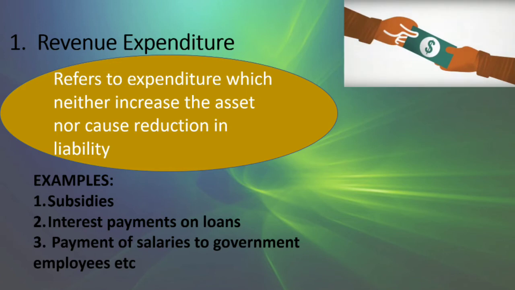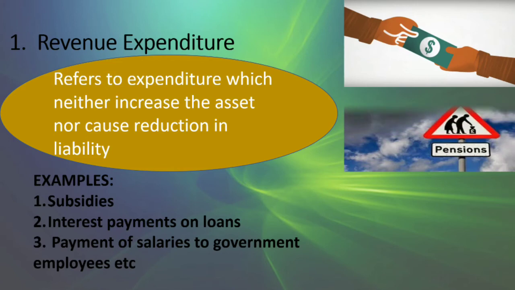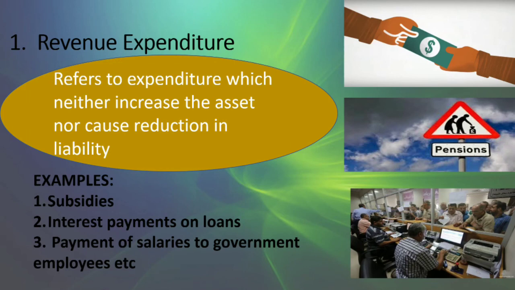Right? So why is subsidies a revenue expenditure? Because when we are providing subsidies to farmers, let's say, there's no increase in asset nor reduction in liability. ऐसा कुछ नहीं हो रहा है, but then also the government has to do this expenditure for the sake of welfare in the economy. One more example I can give is pensions. Right? When the government gives old age pension, there's no reduction in liability or increase in asset. Right? So these are all the examples which we can have in revenue expenditure, in which there is neither increase in the asset, ना ही कोई asset create हो रहा है, nor reduction in liability.